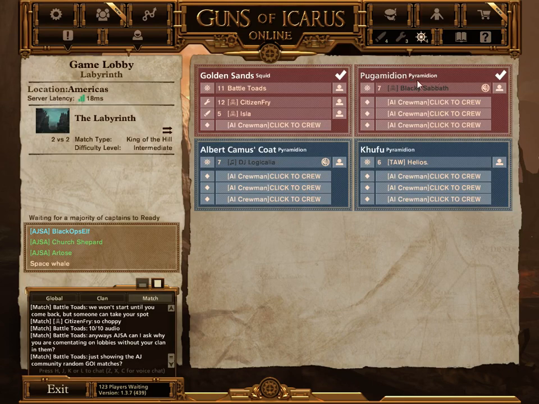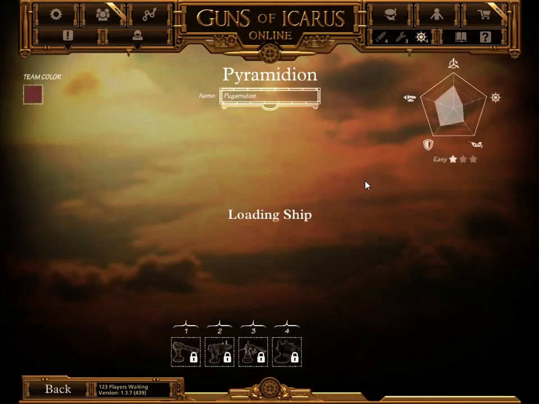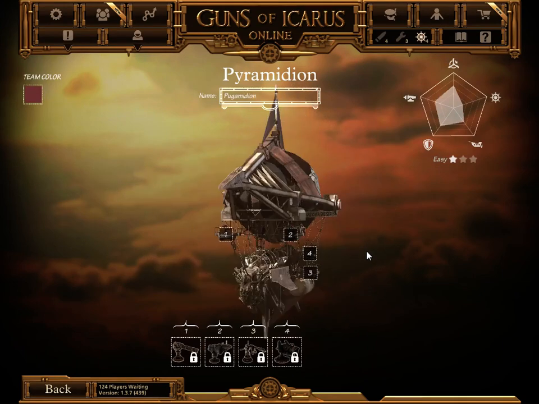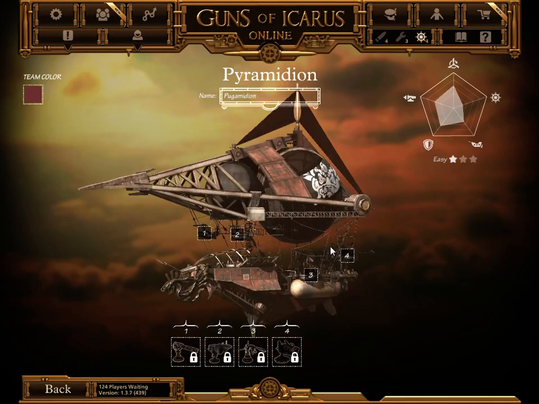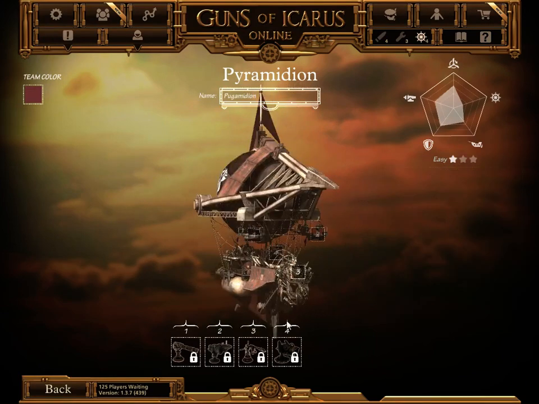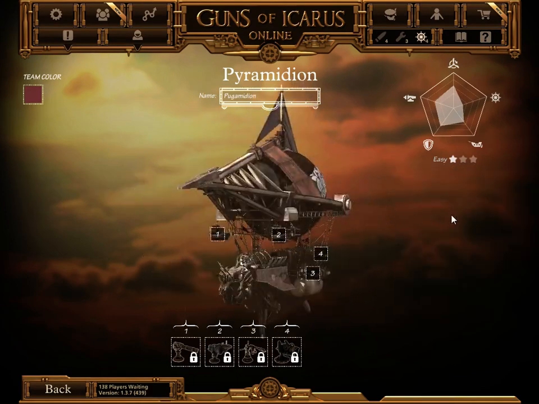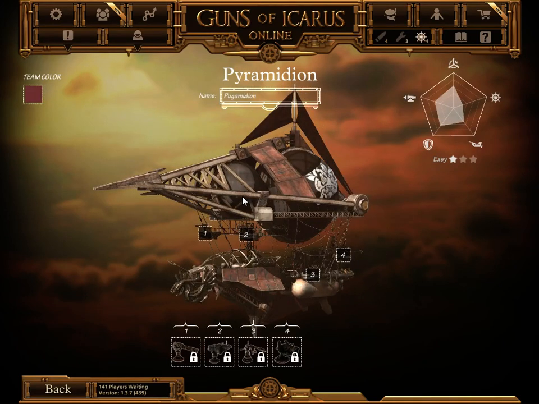Let's see, what do they have with this Pyramidion over on the red? Alright, this Pyramidion is packing a Gatling and mortar combination on the front, a flamethrower, and this setup here, I would say, is...